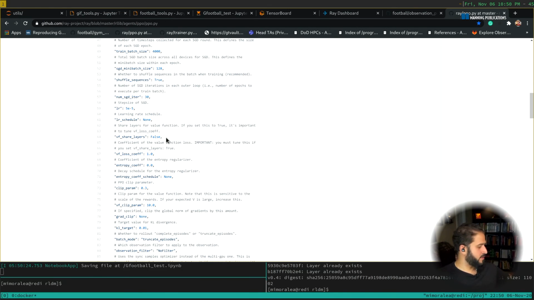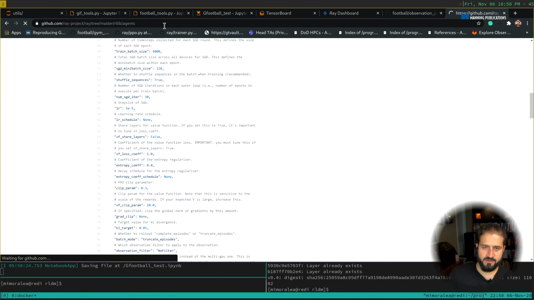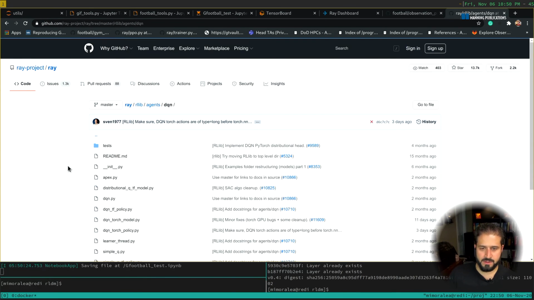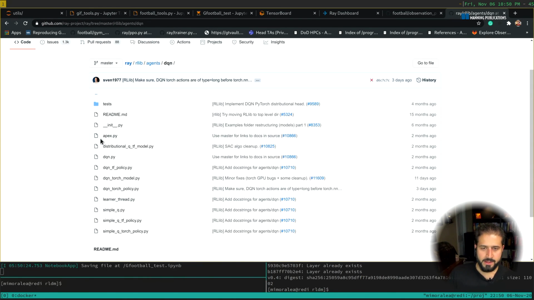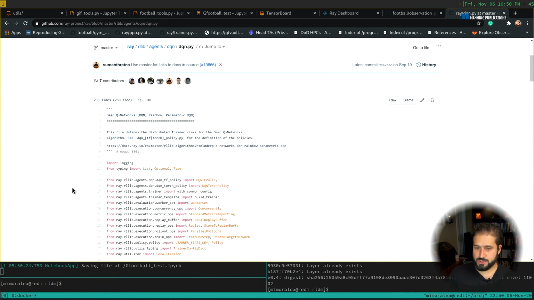So chapter 12 actually talks about PPO, this particular algorithm. So I highly recommend that if you're going to be using this, go here. Otherwise, if you want to use some other algorithm, I know a lot of people are familiar with other algorithms such as DQN, go there. Go to the DQN and then open DQN.py. And that's it. You're going to be able to